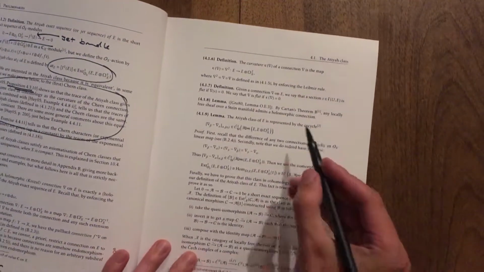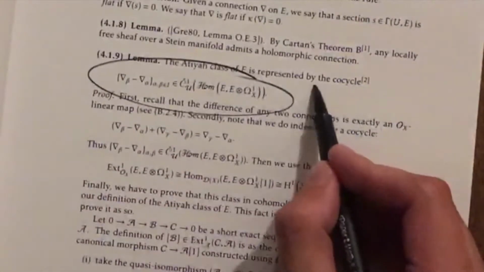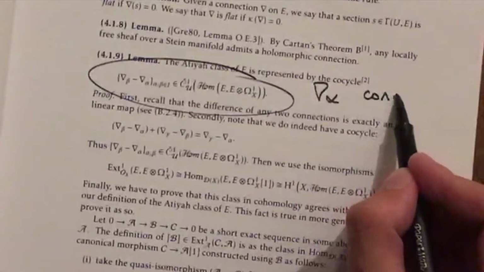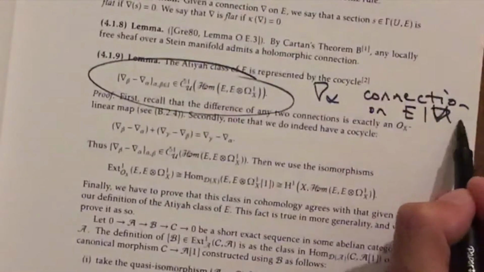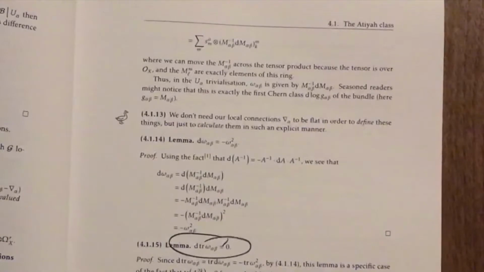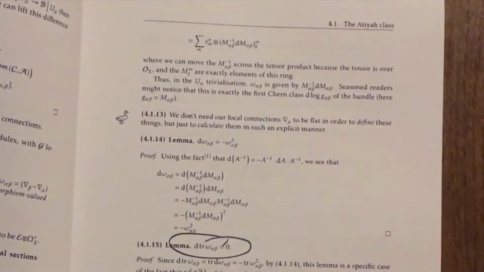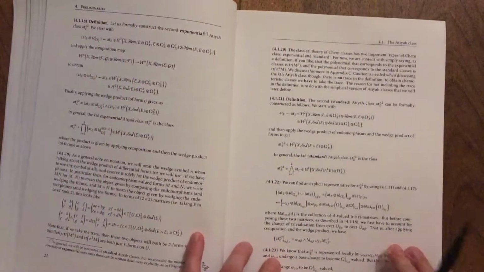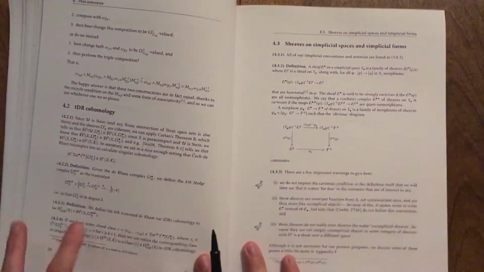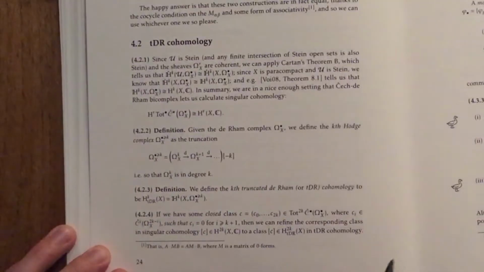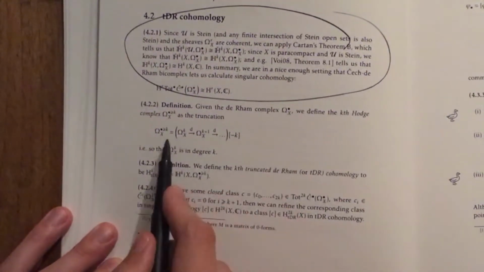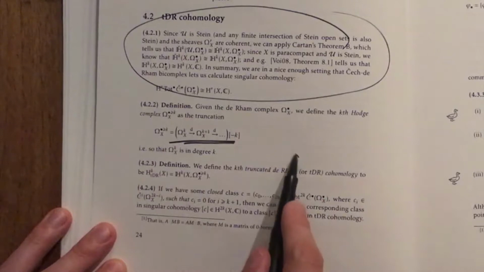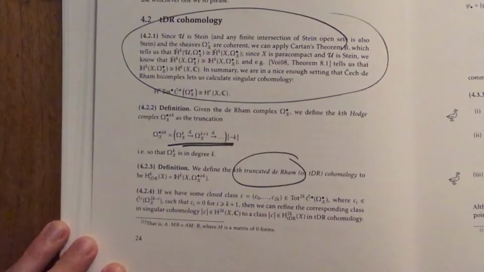But we can be a bit more explicit about this Atiyah class. If we assume that we have local holomorphic connections, which is always the case if, for example, we have a basis of local sections, then we can actually write down the Čech cocycle in terms of transition functions of E, and the trace of this is de Rham closed, and by definition as a Čech cocycle is also Čech closed, which means that it gives us a closed class in the total complex of the Čech de Rham bicomplex. Since we're working in a nice enough setting, this means that we get a class in de Rham cohomology, or even truncated de Rham cohomology.